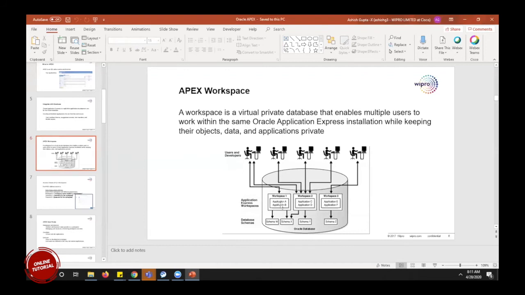If you can see my screen, we have a workspace. Whatever you have created now in your system is one workspace that we have created. Inside one workspace, we can create many applications.